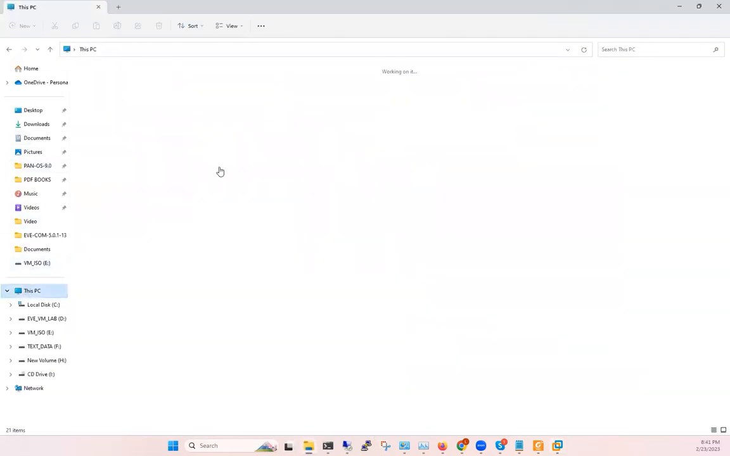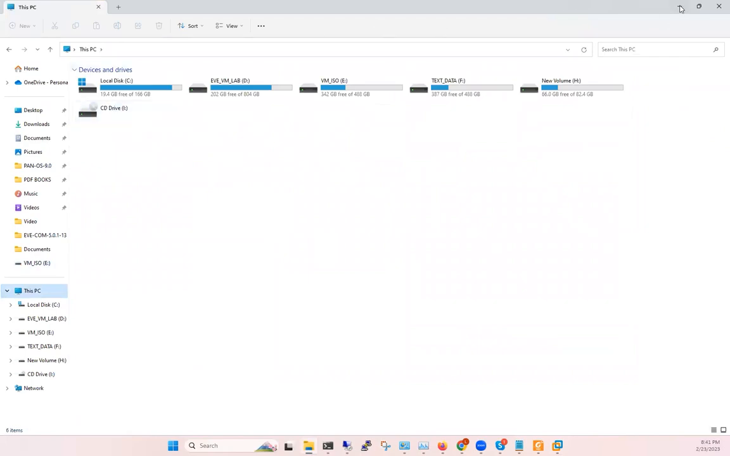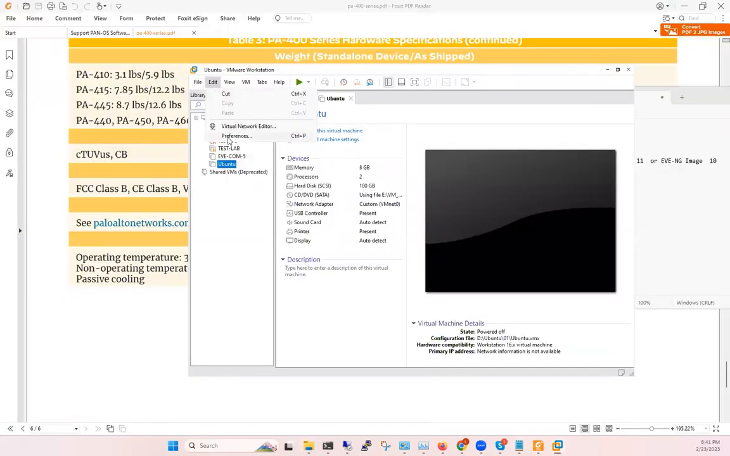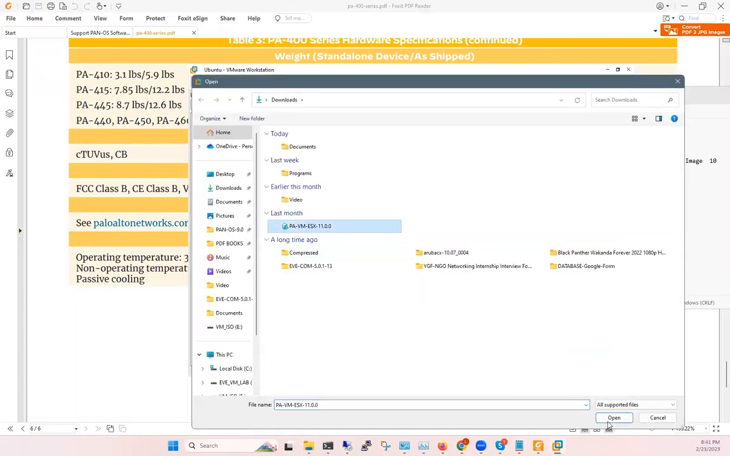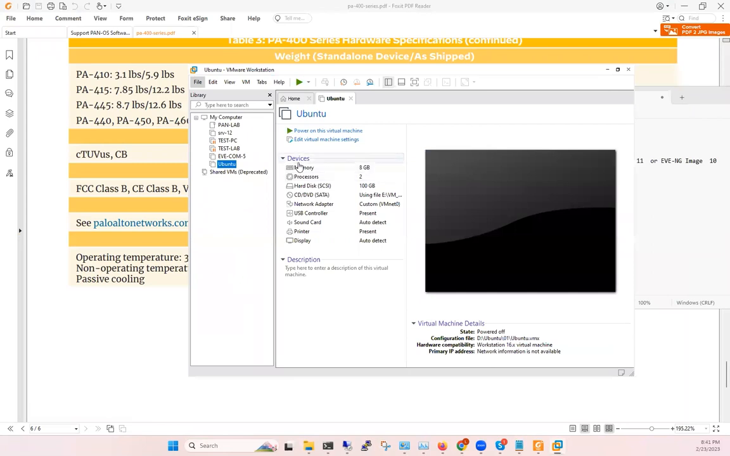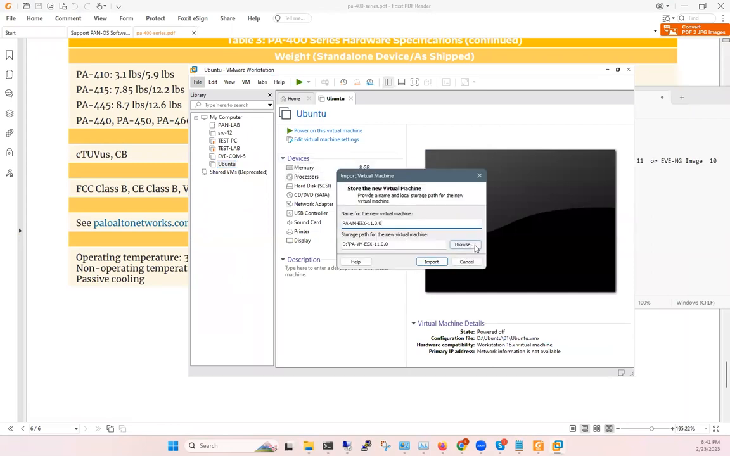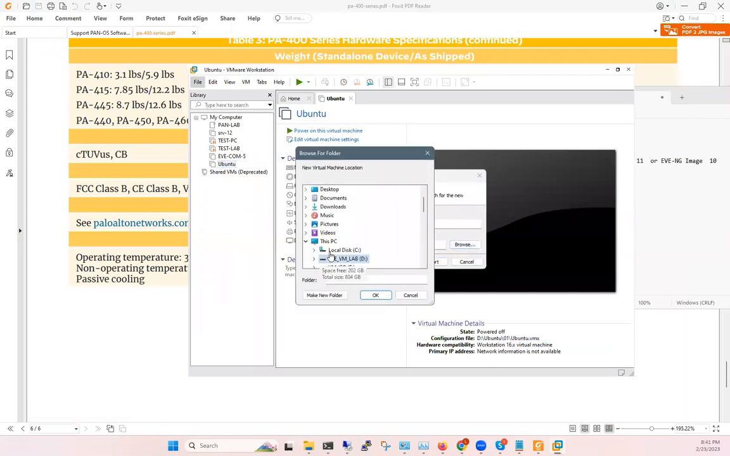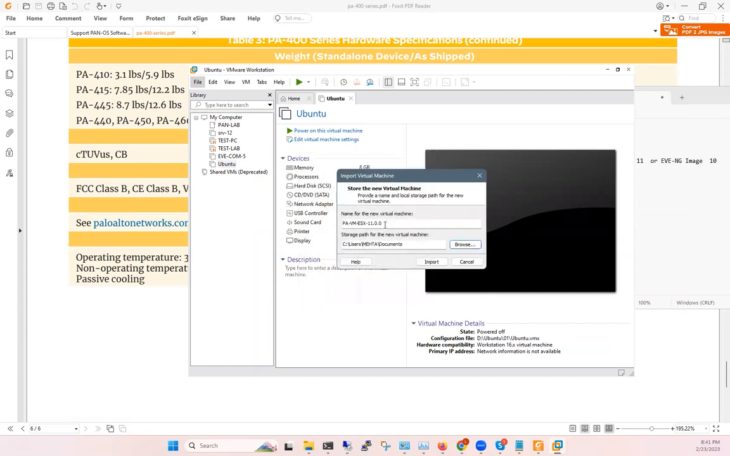Okay, C drive has 19 GB free. Now it's enough. Basically, guys, I didn't have a plan to show you deployment on this VMware,